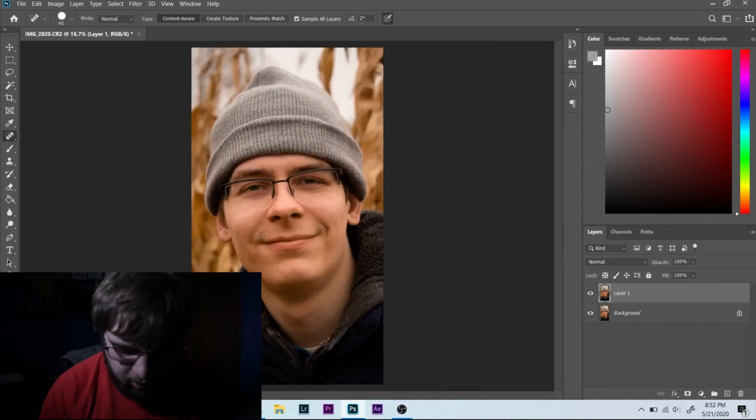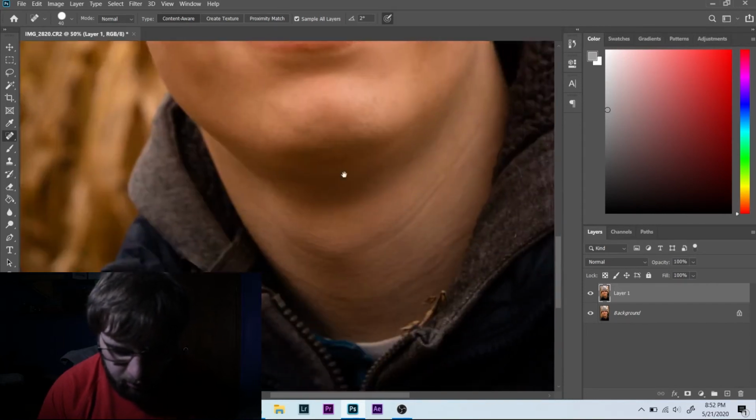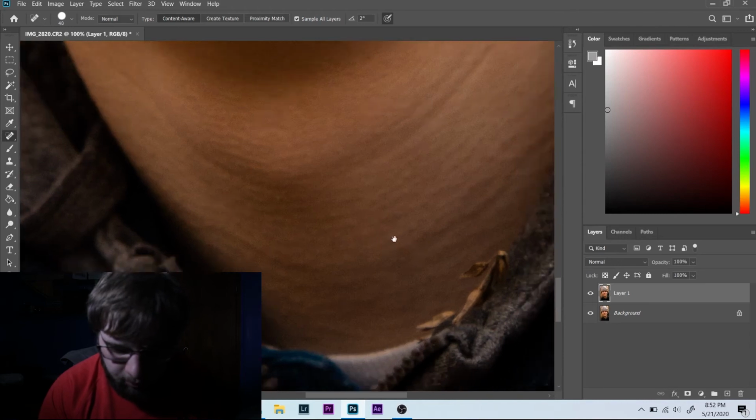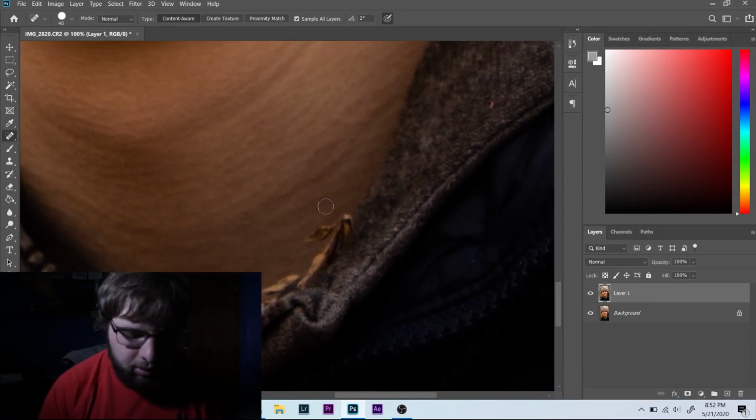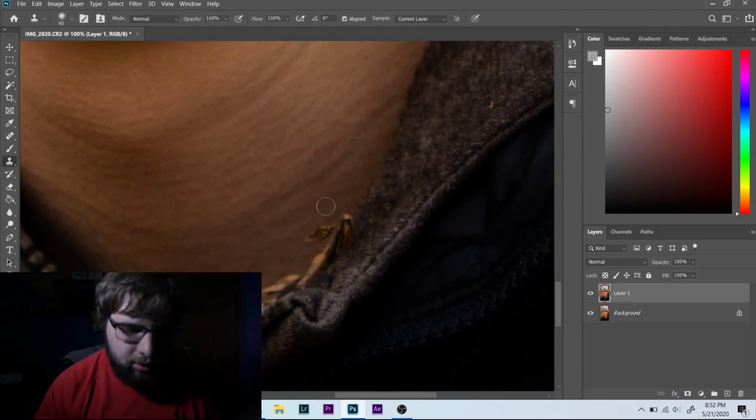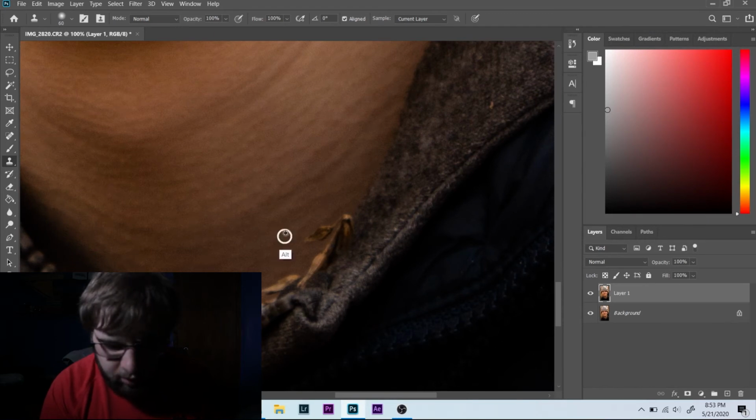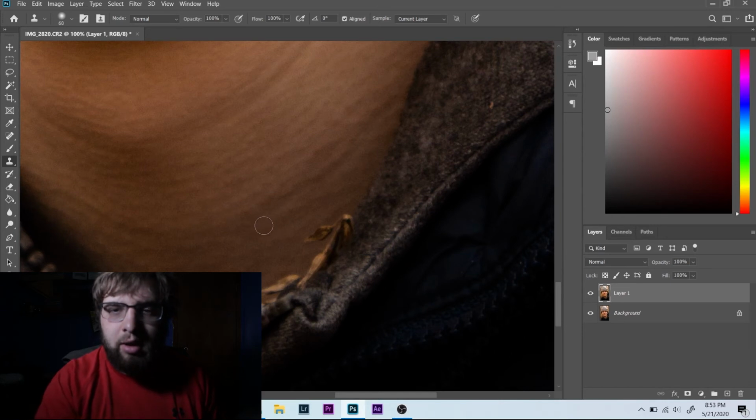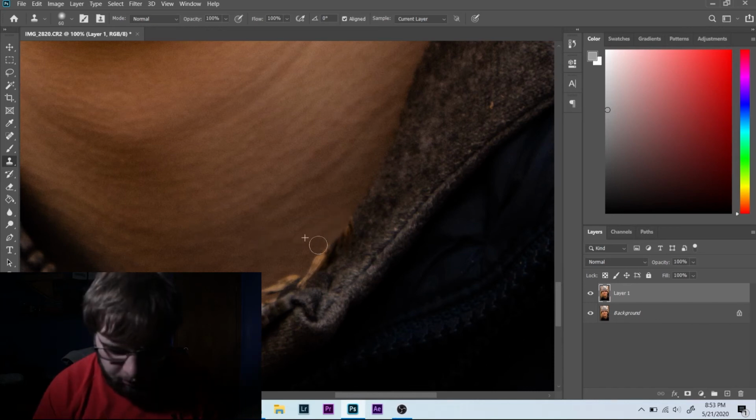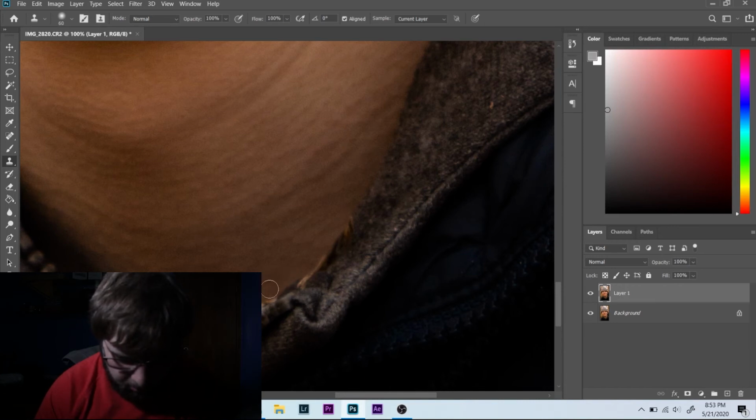I'd say that's pretty good. There's a little piece right here. For this, I'm going to be using the clone stamp tool. So you'll hit S on your keyboard to bring up the clone stamp tool, hold Alt, and while you're holding Alt, select where you want your starting point to be, because you're basically cloning something from another part of the image onto the part that you want to retouch. So I'm going to go through and do that. It's not going to be perfect, but